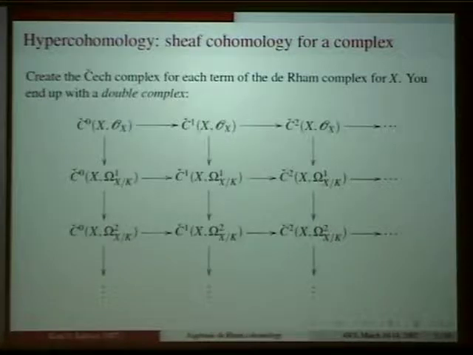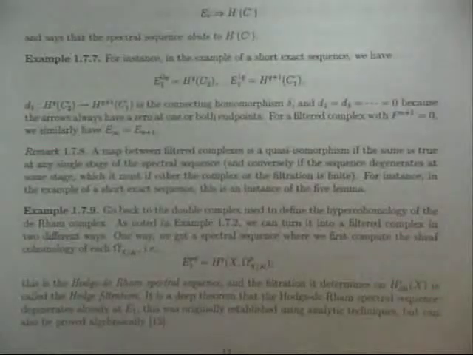whole space. Well, of course, in general, when you have a spectral sequence, there are going to be higher differentials, which correspond to the fact that you really can't separate these computations. Sometimes you get lucky, though, and the spectral sequence degenerates. And that's what happens with the Hodge-de Rham spectral sequence. It's already degenerate at this term, which basically means that you have a filtration on each de Rham cohomology consisting